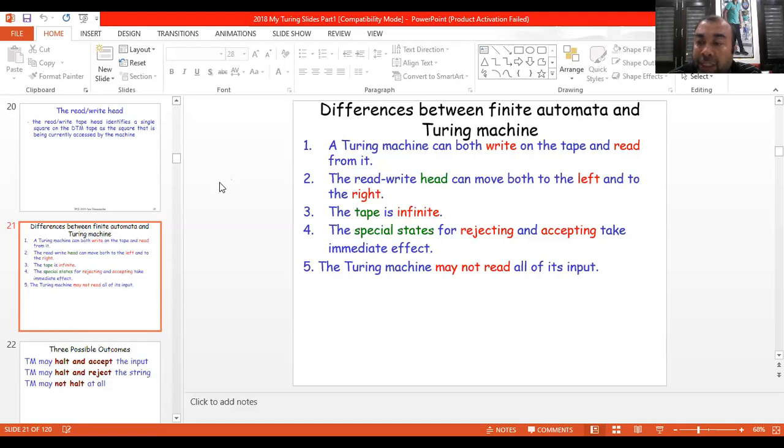In case of NFA, DFA, NPDA and DPDA, we always read all of the input. But there may be a scenario in a Turing machine where you never reach the last character of the input tape. You move backward, then forward, then backward, then forward, and you are not able to reach the last character of the input tape. That scenario can occur in a Turing machine. So we will discuss this scenario with the help of an example.